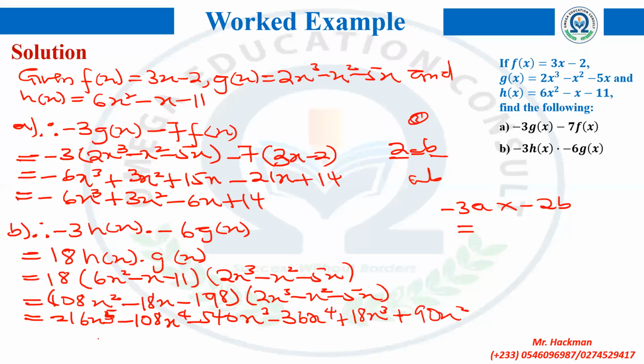So at this point, your last step will be where you rearrange and combine like terms, as simple as that. So the first term will be 216s to the power 5. Then any s to the power 4, this and this can be combined and they are all negative. So it will be negative,